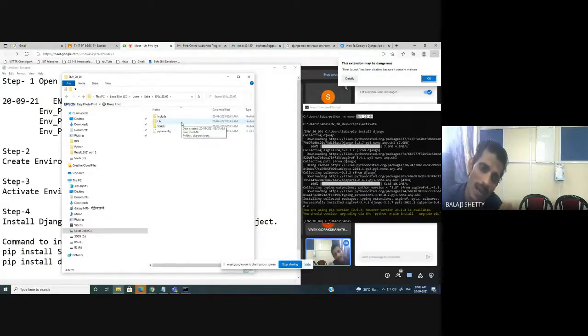There is another command I will tell you. We can create a backup of all the software. This is not the standard way actually. We have to create a requirements.txt file. One text file called requirements.txt contains all the software that is used in your project. If you have that text file in your pen drive, you can again create the same environment anywhere in the world.